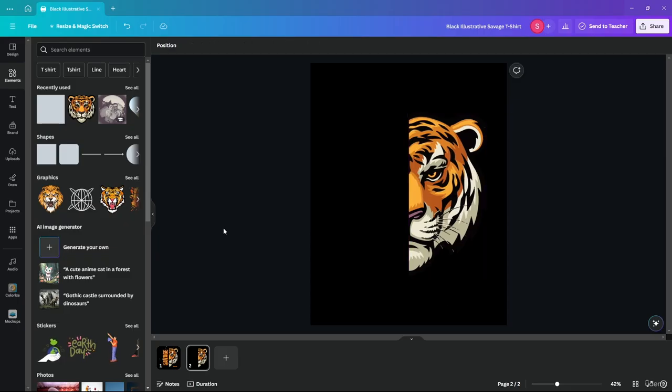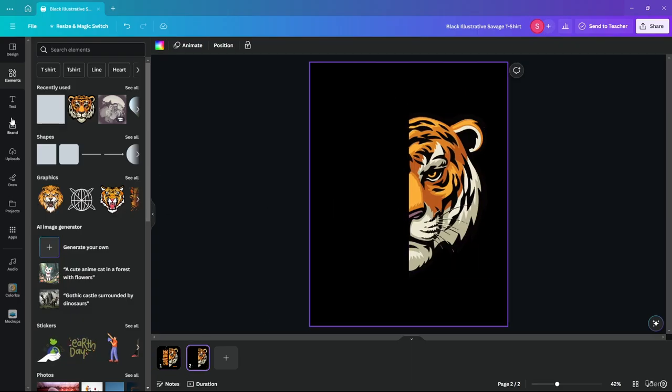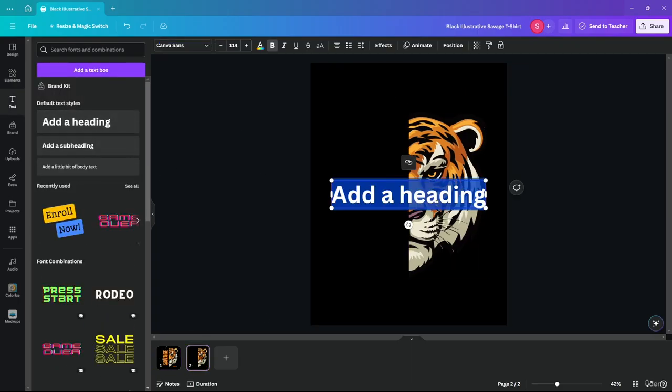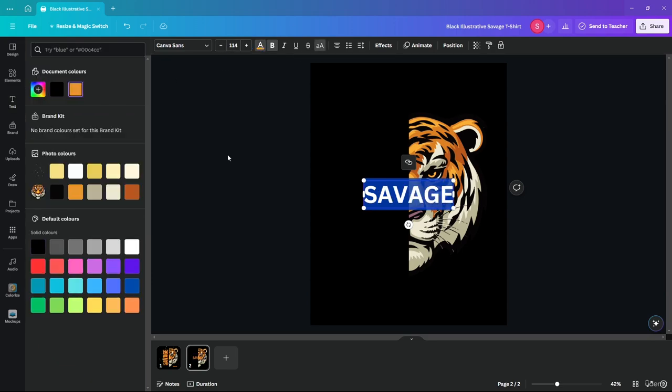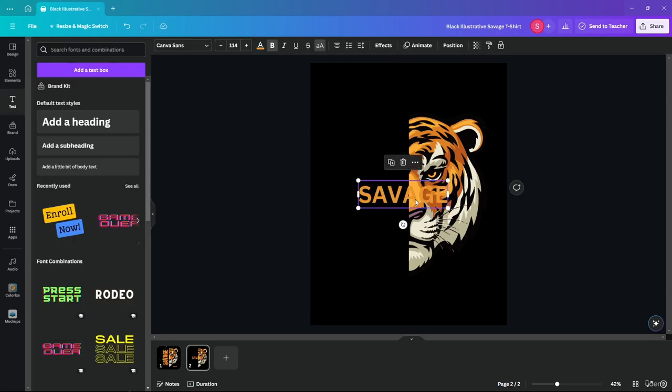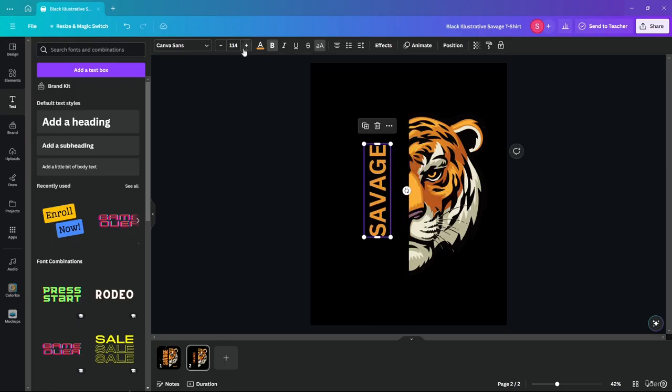Now after doing that, I will go back over here and see our text. So we have Savage over here, right? So I'm going to use my text over here, add a heading, and put SAVAGE, all in caps. Change the color to this. Once that is done, I'm going to rotate it anti-clockwise minus 90 degrees. There you go. And then increase